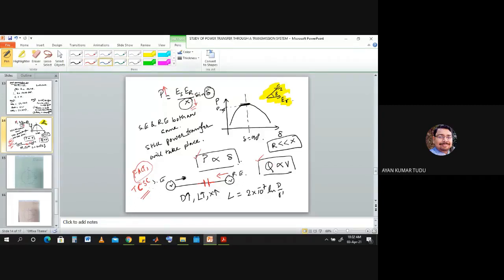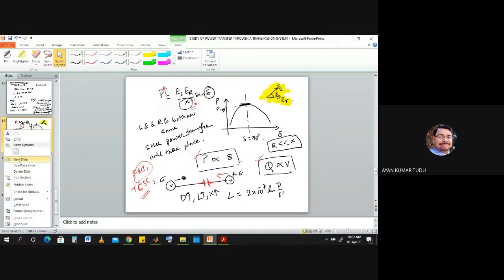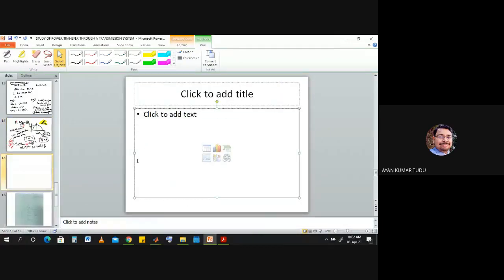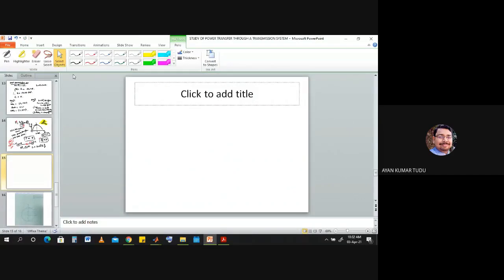Suppose at the receiving end side, it is something like this, that it is connected with a bus bar. Let me draw it in another figure. Okay, it may be such that this is the sending end and this is the receiving end, and at the receiving end more inductive loads are connected, because of which the voltage at this bus can decrease.